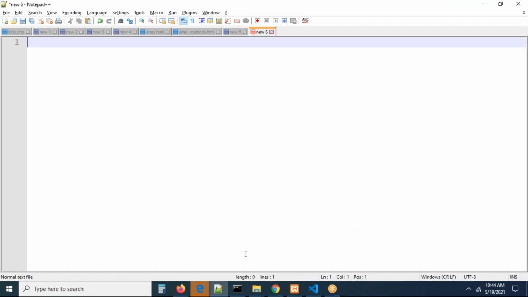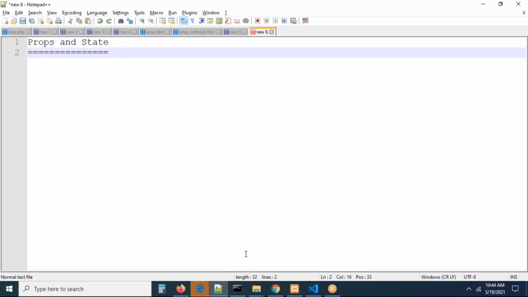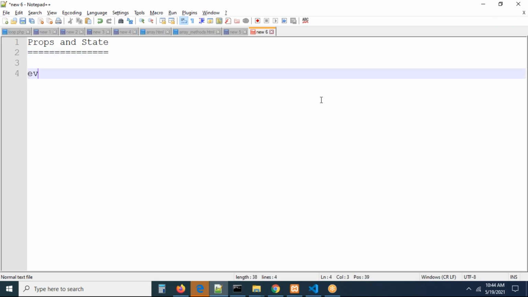Now, in the next session, we are going to talk about props and state in React. This is one of the important things that we are going to discuss. Props and state may take more time, but anyhow, we have to complete props and state in tomorrow's session. After that, we can see lifecycle methods of React.js also. And remind me, event handling also. How can we add an event to an element? We have to check that, guys. First, let us see tomorrow what concepts I want to discuss. After that, we can go for props and state. Okay, any doubts, please carry on.